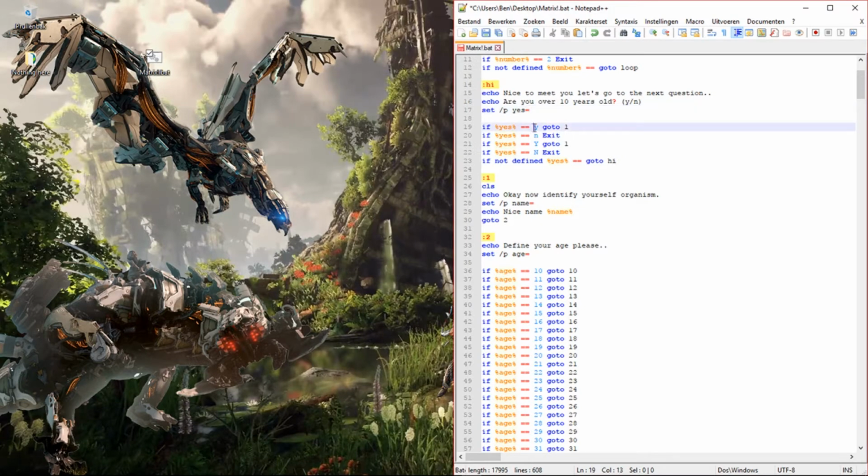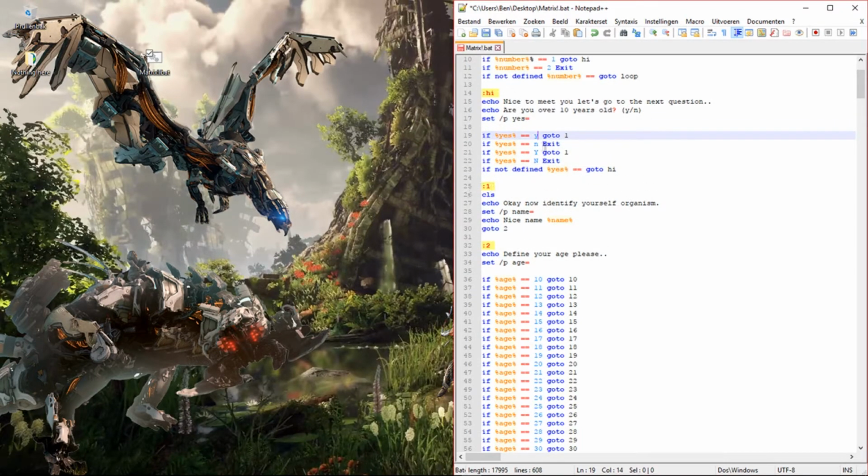So here you can see when they press Y and enter, they go to 1. And 1 is right here. Now if they press N and then enter, it will just exit out of the game again. Now what I did here, because it's both Y, but why did I do that? It's because if you have one Y right here and they can just be like Y, but sometimes people will just be like Y, like the capital Y,